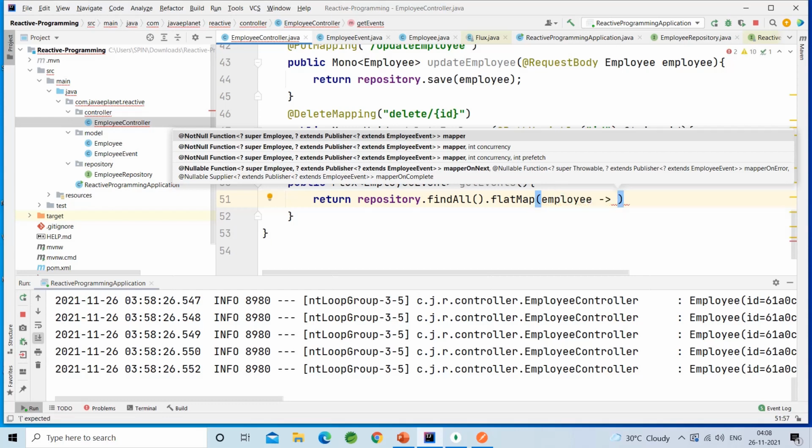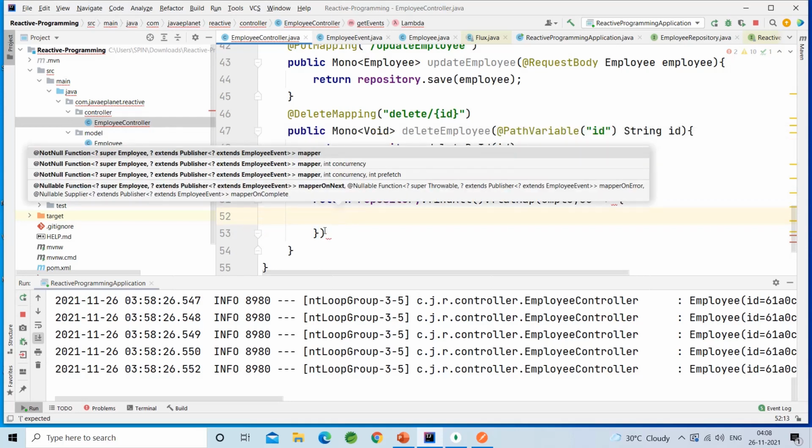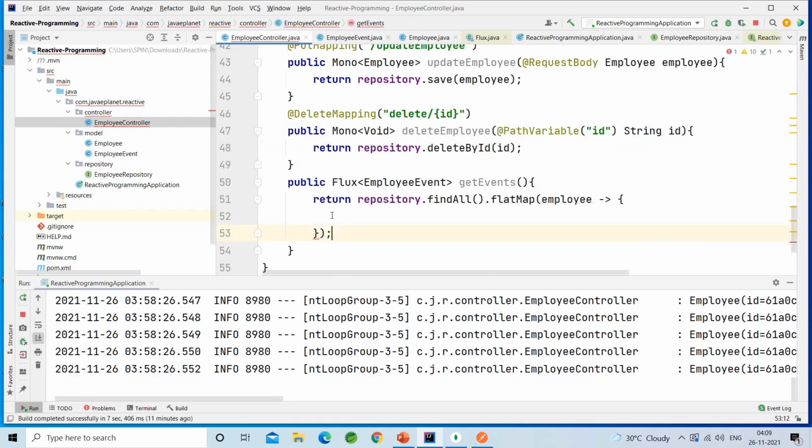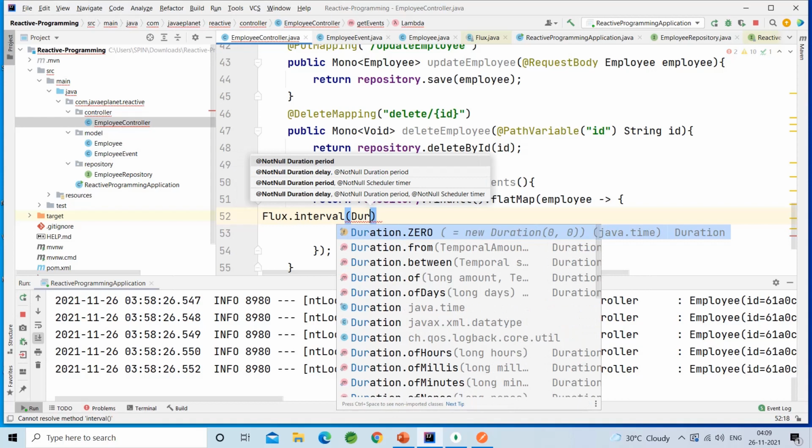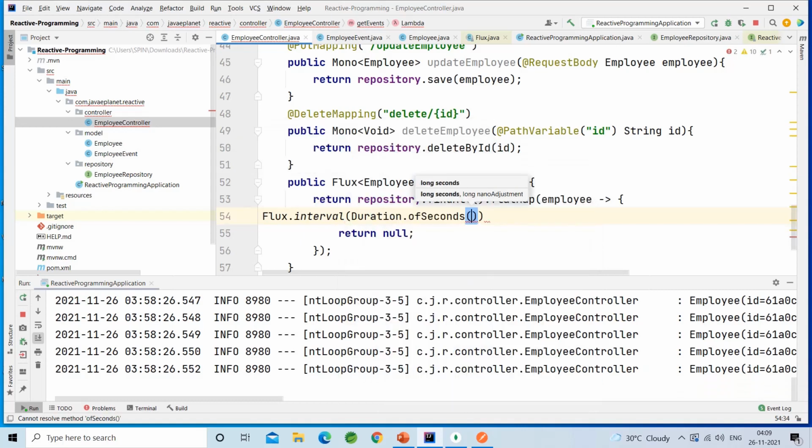What I am doing is, for each employee, Flux.interval, Duration.ofSeconds 3.